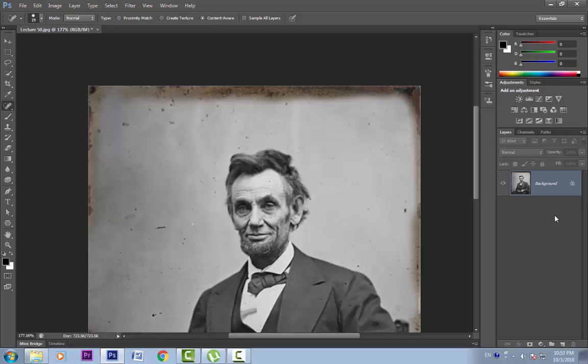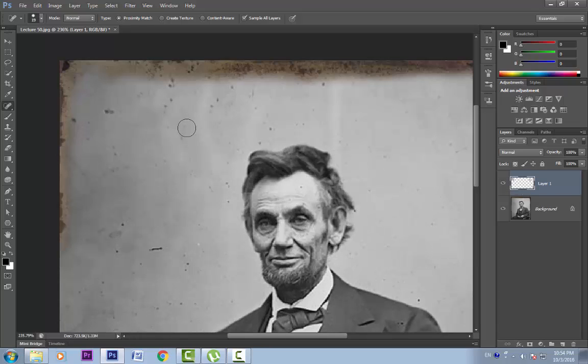Again, to use a non-destructive workflow, let's create a new layer. Let's click this sample all layers on. If we paint here, it looks like we are painting a dot, but as soon as we release the mouse, it paints those pixels with the surrounding pixels. This really is a very simple tool to use. I normally use this tool before using the healing brush tool. Now let's talk about the other options. This proximity match looks at the edges of our selection and duplicates those pixels to painted area.